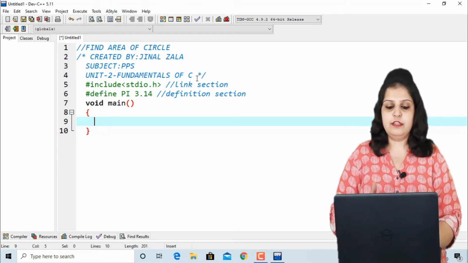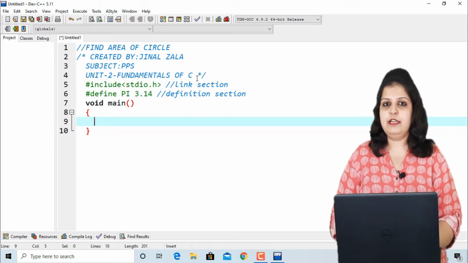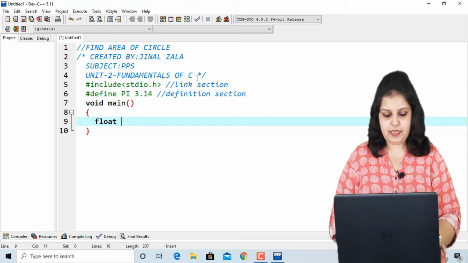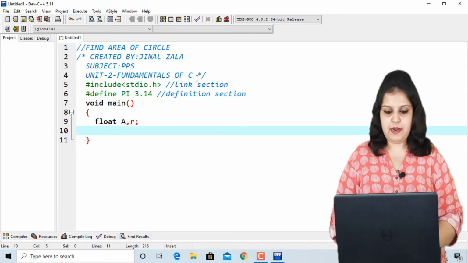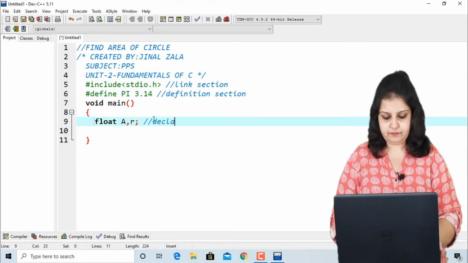Here 3.14 is a real number for pi, so it is possible that our answer is a real number. So take the data type float and declare the two variables. First is a for area and r for radius. This part is called the declaration part.